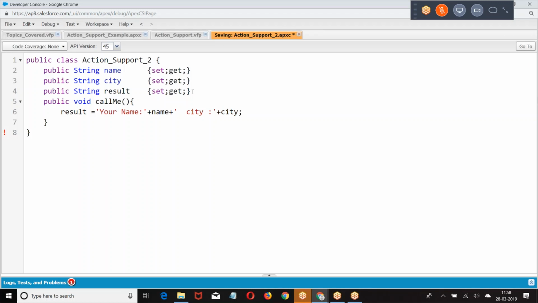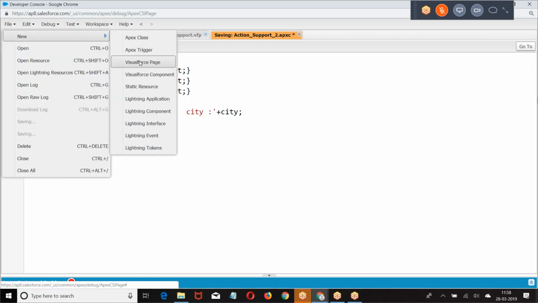When you call this, what is the output we are going to get? Your name is the following value, city is shown. This is the basic example. Am I right? Okay. Let us go to the VF page.